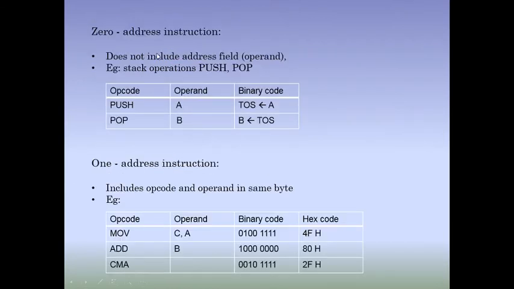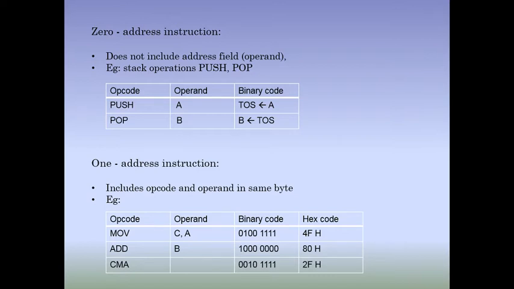So the very first is 0 address instruction. 0 address instruction means it does not include an address field, that is, the operand field. It will have only the opcode portion. Okay, so examples of such instructions which contain only opcode are stack operations, that is push and pop. Means we don't need to specify the operand explicitly. It will be either the result of the previous execution, and we will push that result into the stack, or from the top of the stack we will pop a certain value. The processor itself will understand where the operand is, so we don't need to specify it in the instruction itself.